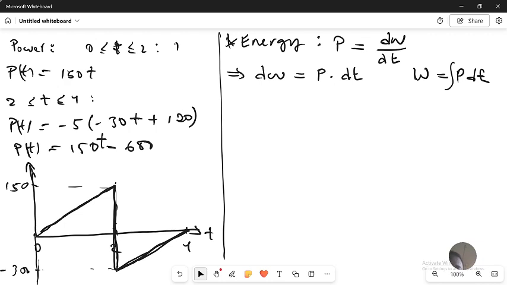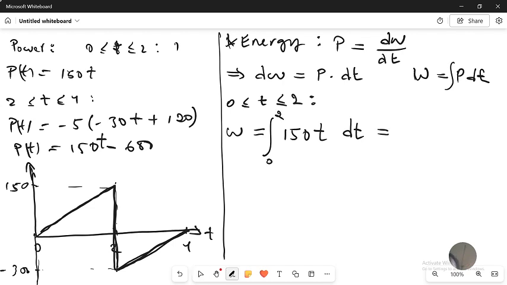Same, I have to find the energy from 0 to 2, and to find the energy from 0 to 2, I have to integrate the power. What is the power? It's 150T dt, from 0 to 2. Now what is the integration? The integration is going to be